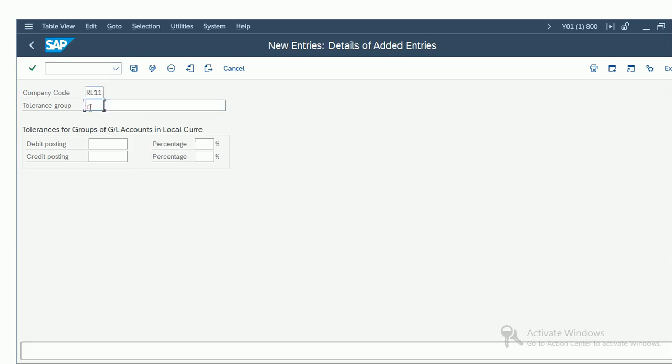Okay, here tolerance group we will not select since this is a training server. We don't require to restrict anything. This is just for training purpose. So we'll just leave it blank and we'll try to save this and come out from that screen. And then okay, just save this. Saved.